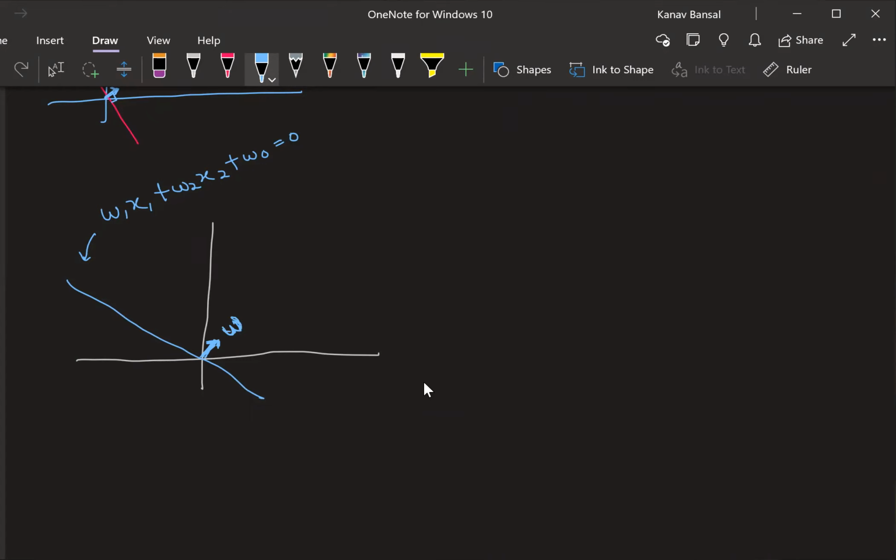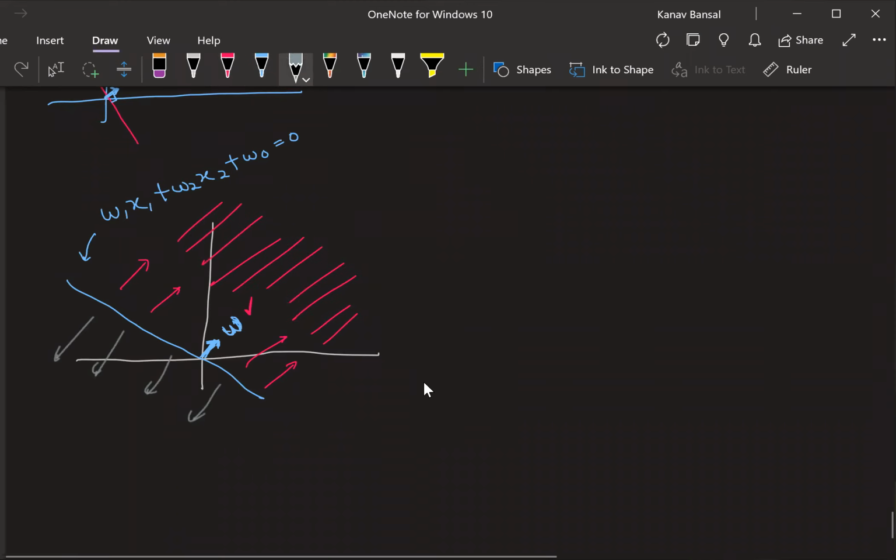So it is always going to be normal to the plane. And W's role is just to tell in which direction the plane is facing. Normally we understand where the plane is facing just by looking at this W. So W is facing in this direction. Everything on this side is called the back side of the plane. Everything on the pink side is called the front side of the plane. Now, is it making sense? Is it clear to everyone? Cool.